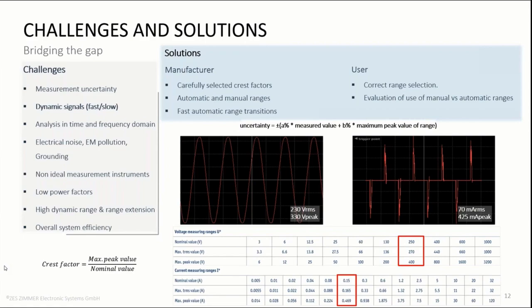A power analyzer should offer the choice for the user to either select the ranges manually or let the instrument automatically determine and apply the correct range. Using automatic range selection ensures that the appropriate range will always be applied to the measured signal, thus minimizing the range component